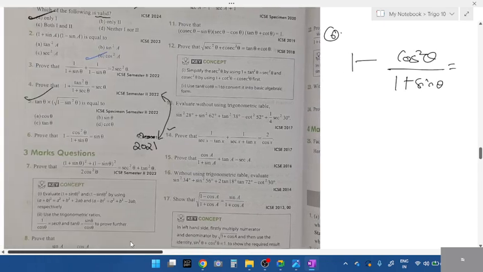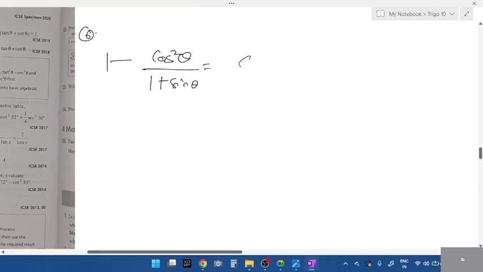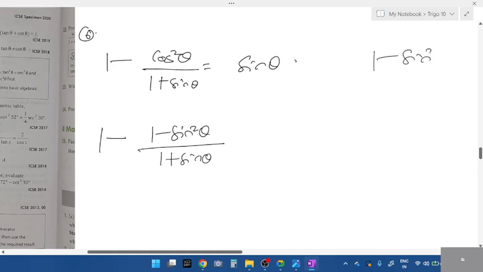Fine. How do you solve this? Is equal to sin theta. We need to prove this. So keep 1 minus as it is. How can we write cos square, students? What is cos square theta? 1 minus sine square theta. Whenever 1 minus sine square theta, all of you remember this,